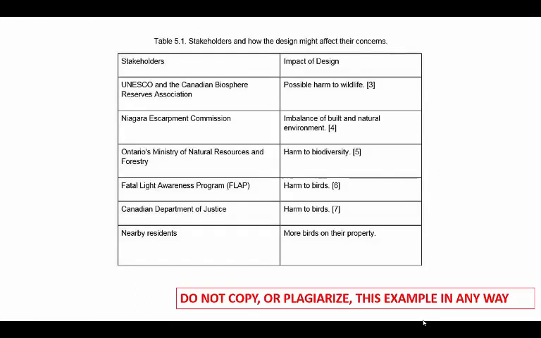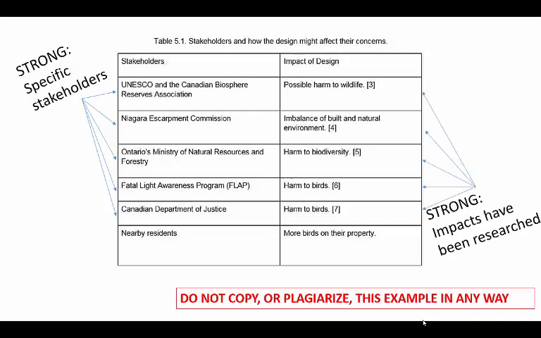Here are the stakeholders themselves. It's a list of 6 stakeholders and the impacts that the design will have on those stakeholders. Some of these are good, some of them are not. The first 5 are strong in the sense that they're quite specific. You can research them and find out what they are concerned with. Once again, their interests come from that research, and you can see each one has a number in square brackets